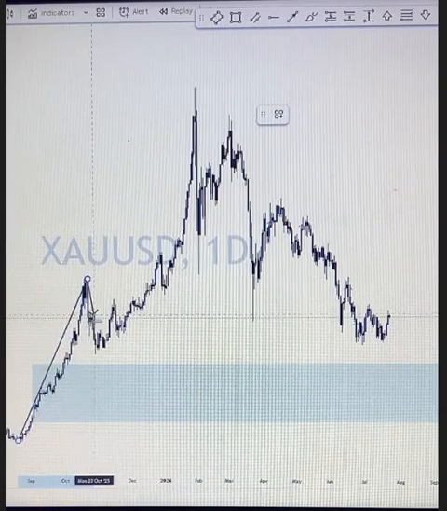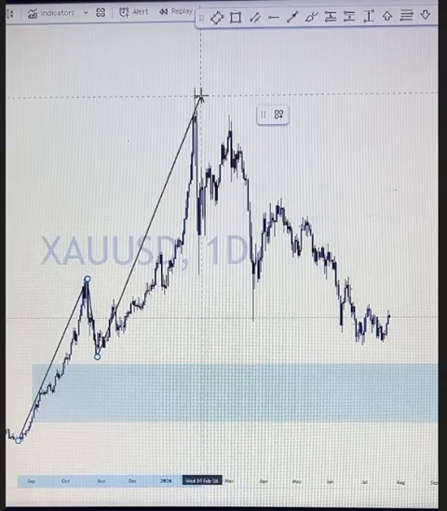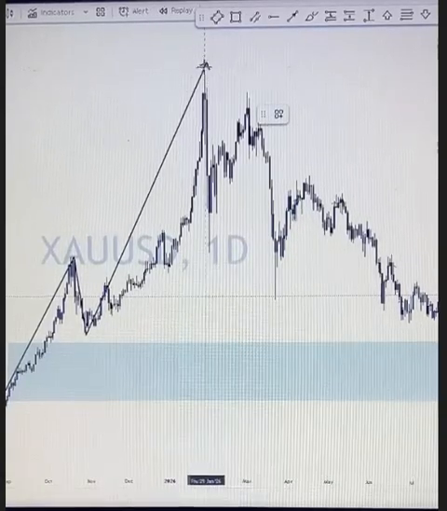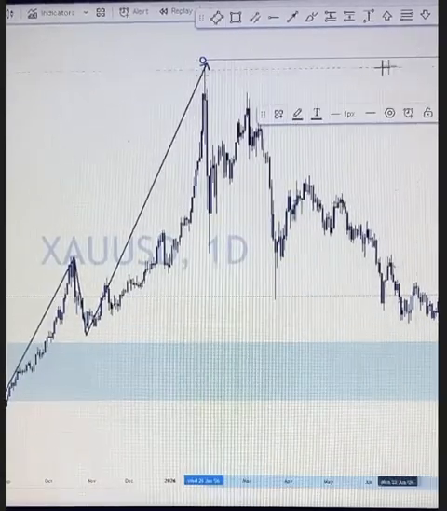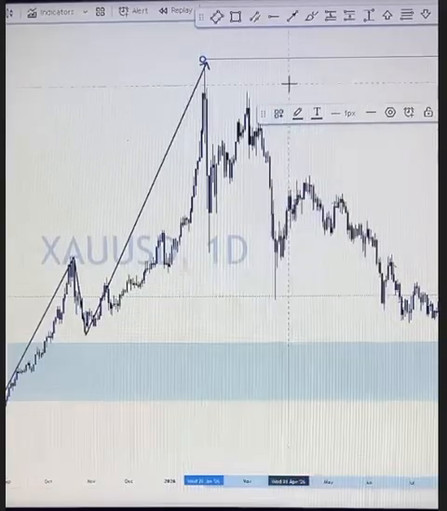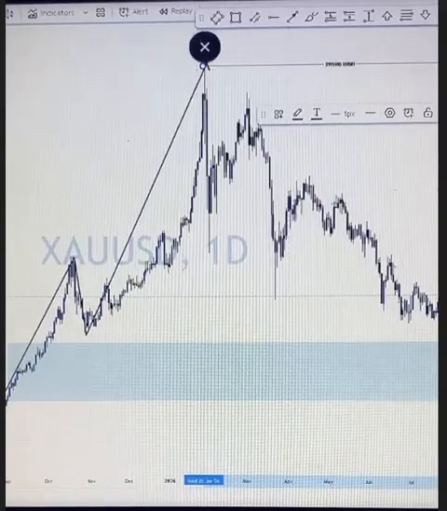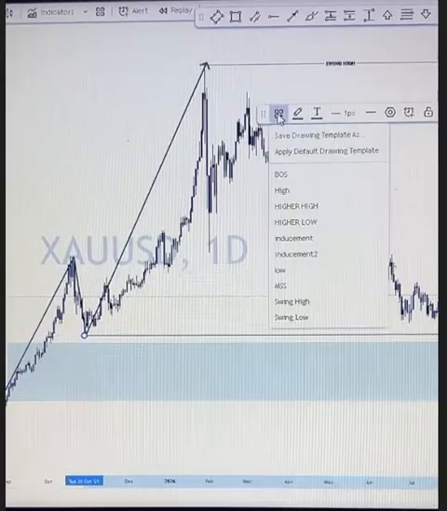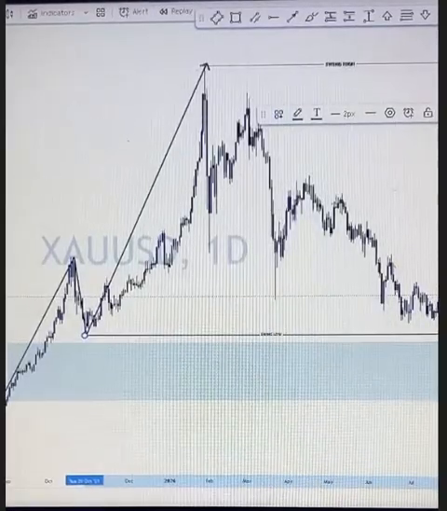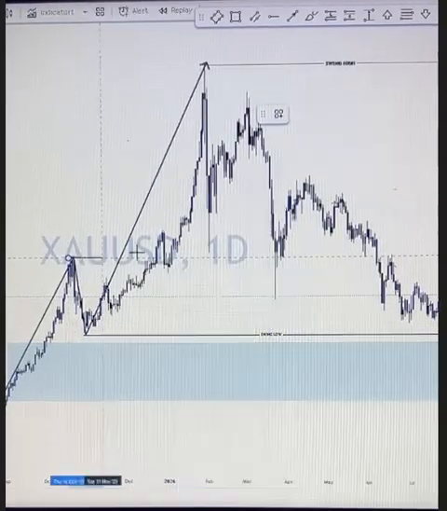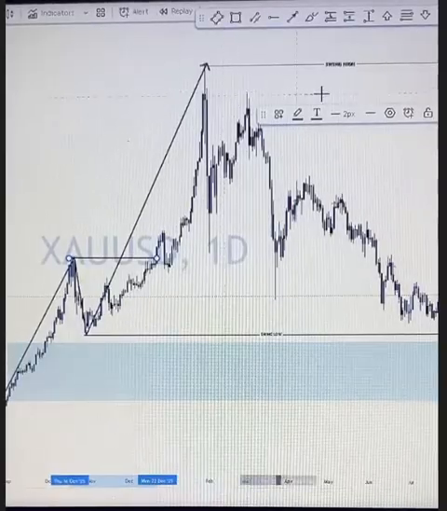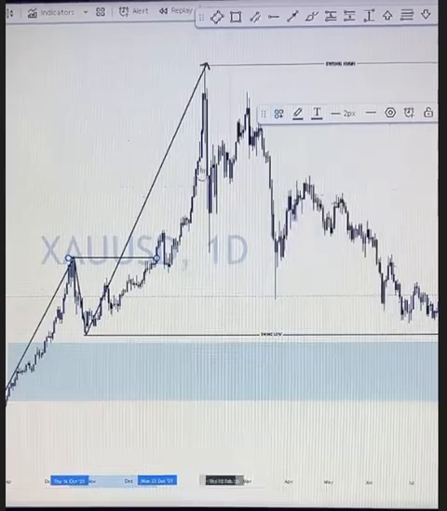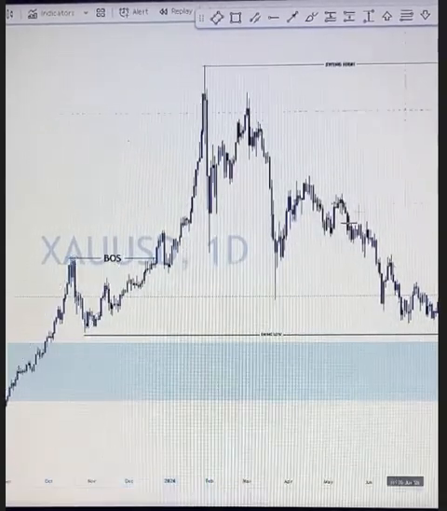Now, this is a breakout, this is a pullback. A breakout. If this is our high, we identify this as our swing high. After our high, what do we look for next? We look for our low, which we identify as our swing low. Now, where is the breakout? This is where the breakout happened. We label this breakout as a break of structure, meaning that price has been bearish.